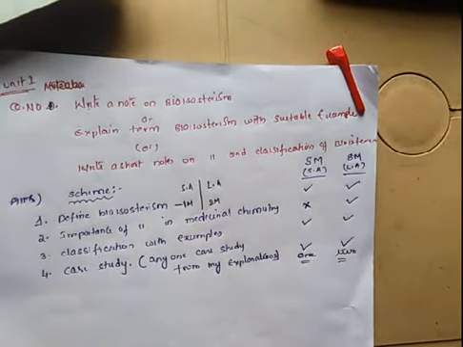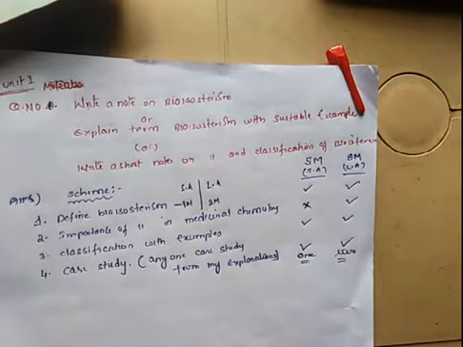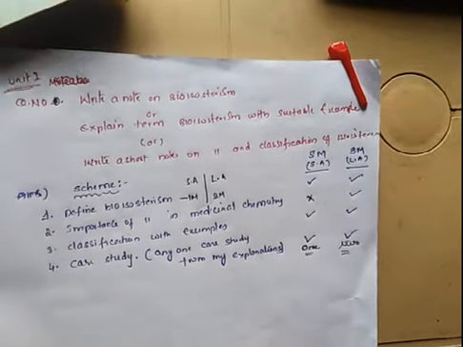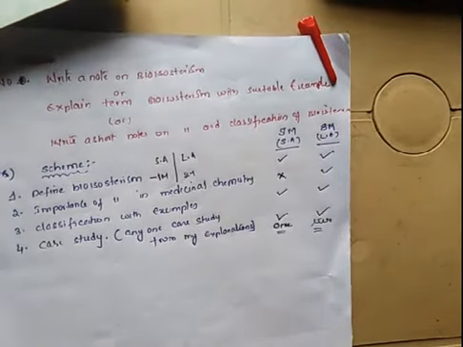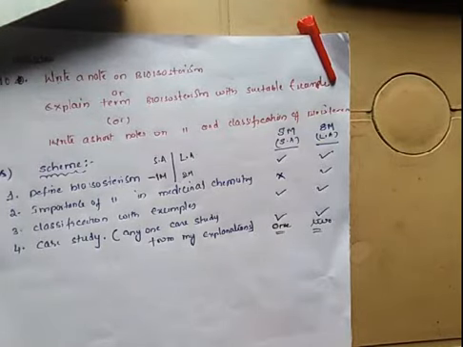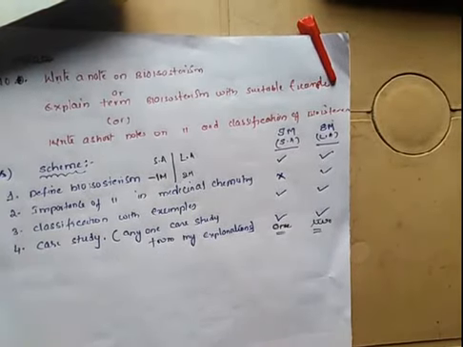So if the question is for 5 marks, or a short answer, or a long answer, you have to write some important points as an answer. Whenever you write the answer to this question, these 4 points must be there. The first point is to write the definition of bioisosterism. For a short answer question, it carries 1 mark. For a long answer question, it carries 2 marks.